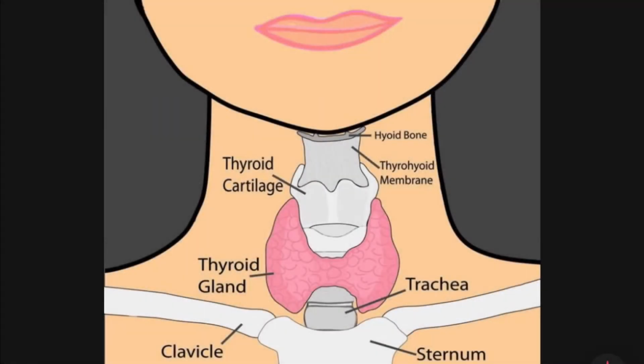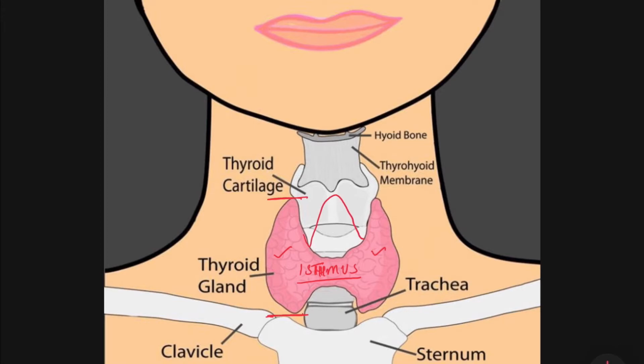So the thyroid gland is an endocrine gland situated in the lower part of the neck. It extends from C5 to T1 and it consists of the right and the left lobe which are connected to each other by the isthmus. So this is the isthmus, and sometimes the third lobe may project from the isthmus upwards like this, which is known